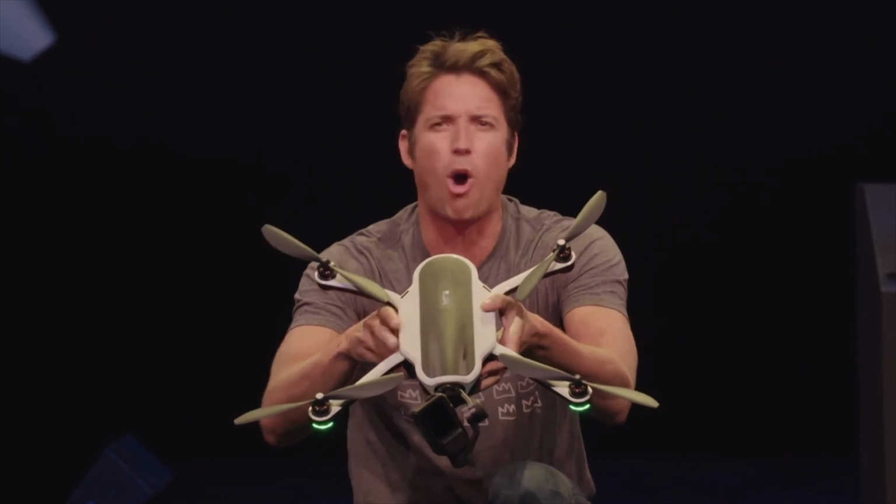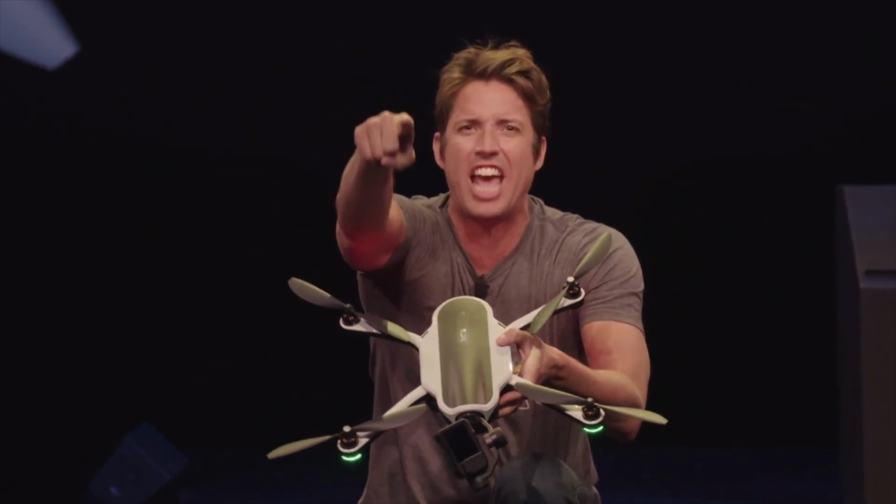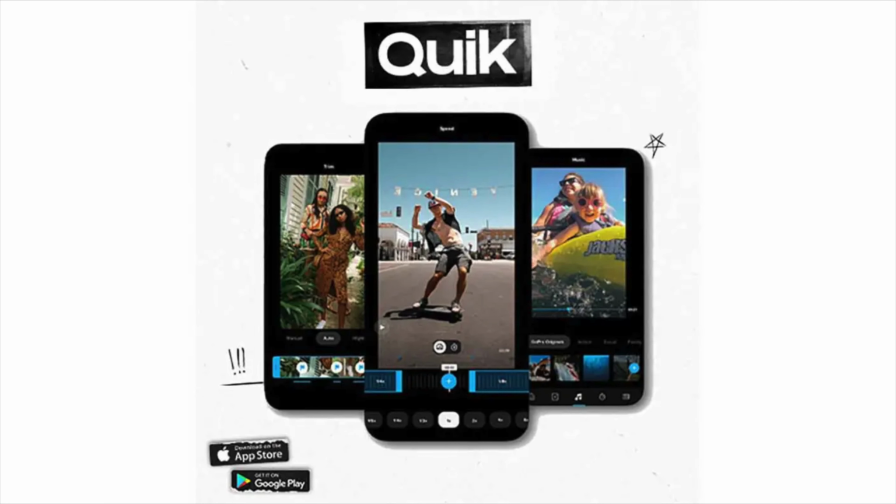Nick Woodman did announce earlier this year that there would be updates to the Quik app for desktop, so for your Mac or PC, and they're needed because it's not been updated for a while. So I'd like to see more options to bring it in line with the phone app, namely being able to choose your different aspect ratios in a better way than it's implemented now. I think the app is very bare bones for desktop, so it would be good to see that updated, and